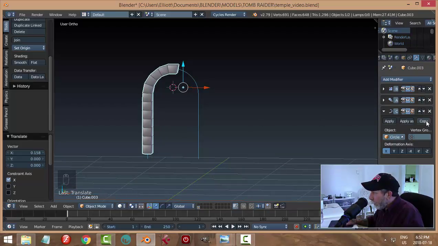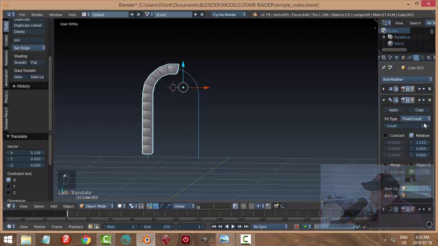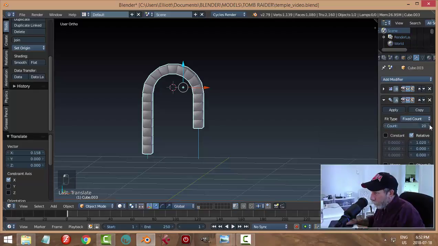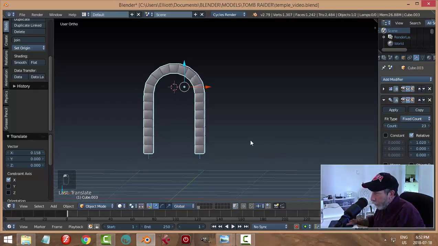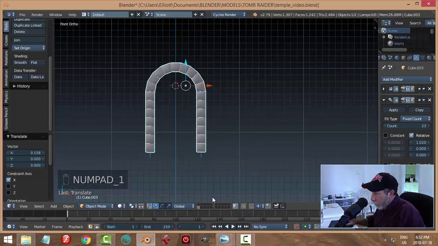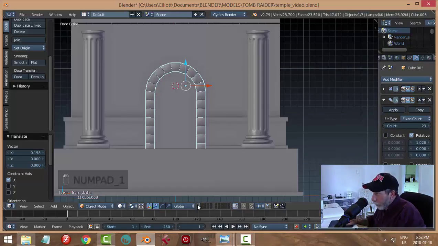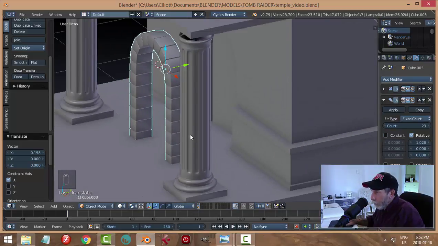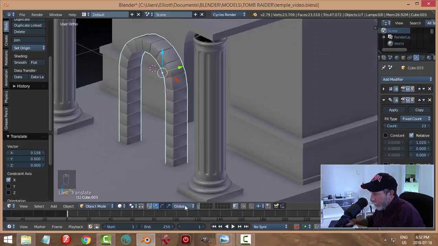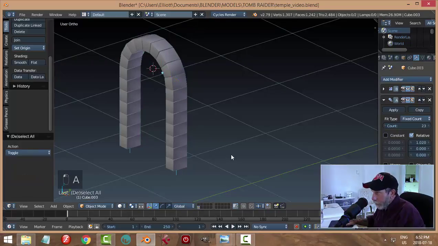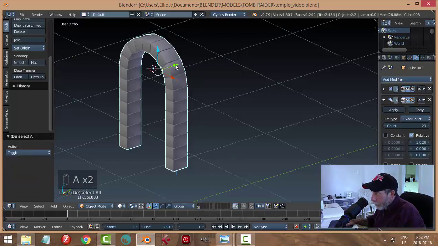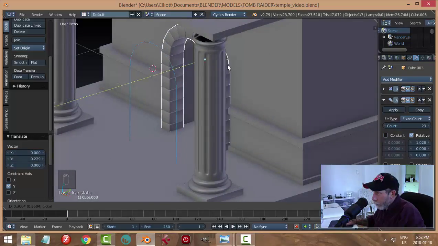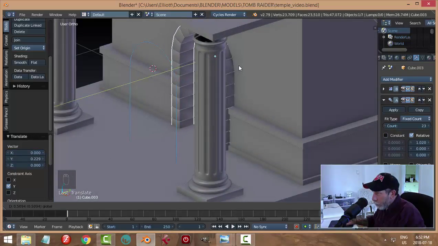Let's go back to the array, increasing the count. All right, let's try 23. Now, what I can do, look in front view, is I can also shift and click on my first layer, and I can see them there. I don't want to just grab them yet unless I grab everything, and I can do that. If I hit A and get everything, I'm going to move these back into position. Push them into the doorway a little bit,